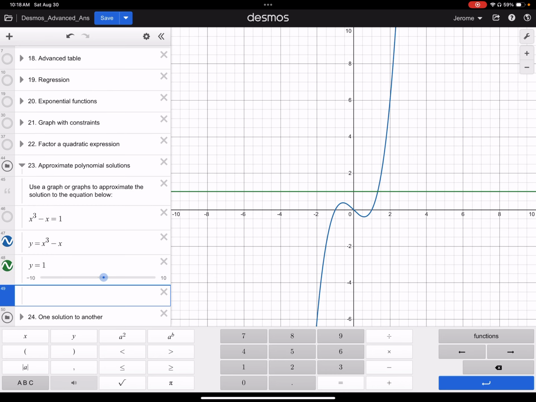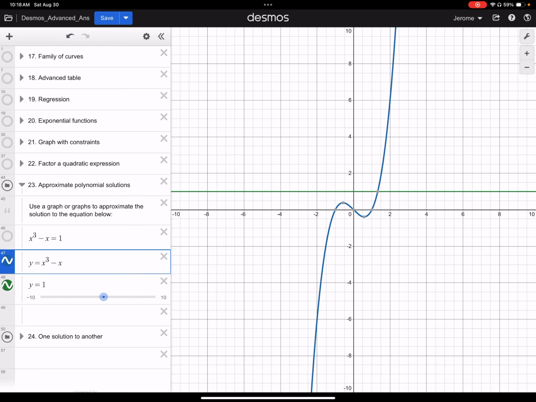And so what I'm doing is I'm solving the system of equations by looking at where these graphs intersect each other. And it is this value here. Whenever I tap on the point of intersection, notice that it's now interactive. I can see it's about 1.3-ish. It's some weird irrational number, and there's a limit to the number of decimal places that Desmos is going to